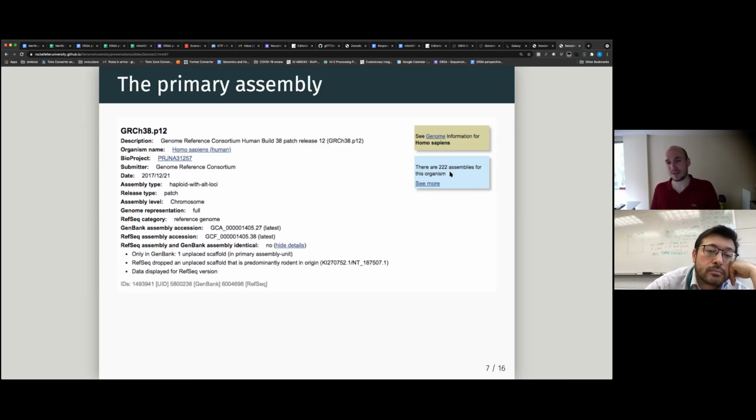You see also that they tell you that there are a lot of other assemblies for human. Actually, GRCh38 is pretty good, but the one that we presented last time, from the Telomere-to-Telomere consortium, is actually better than this one. The problem is that whenever you change the reference, everything has to change accordingly. For instance, the annotation changes, so it's a small revolution. So people tend to stick to older and, in most cases, less accurate versions of the assembly,